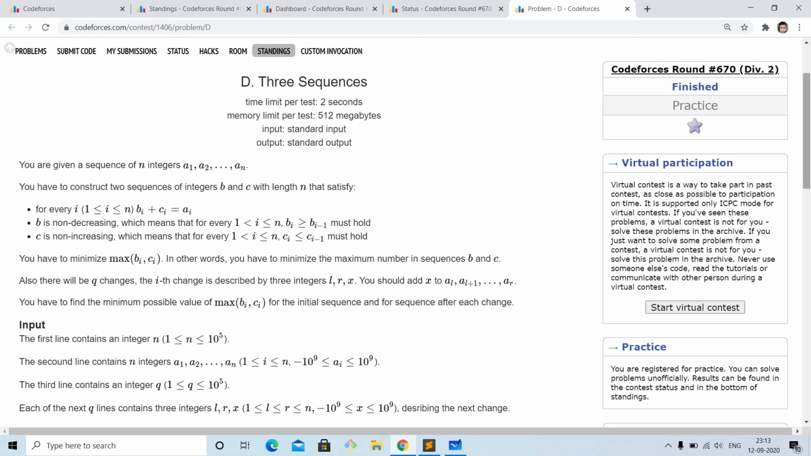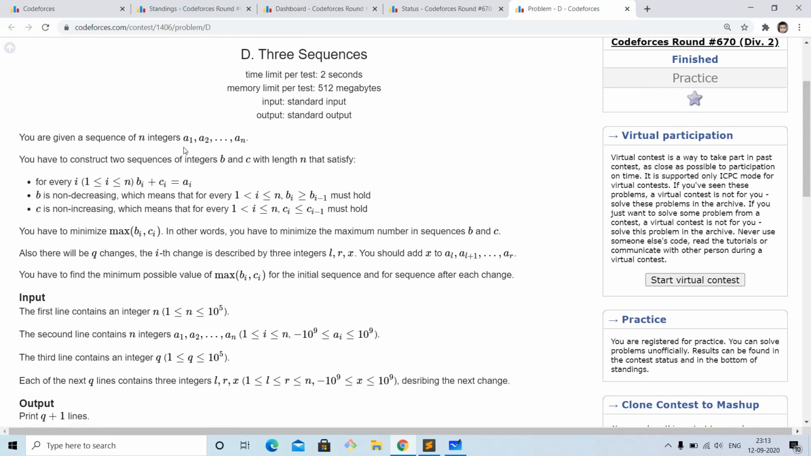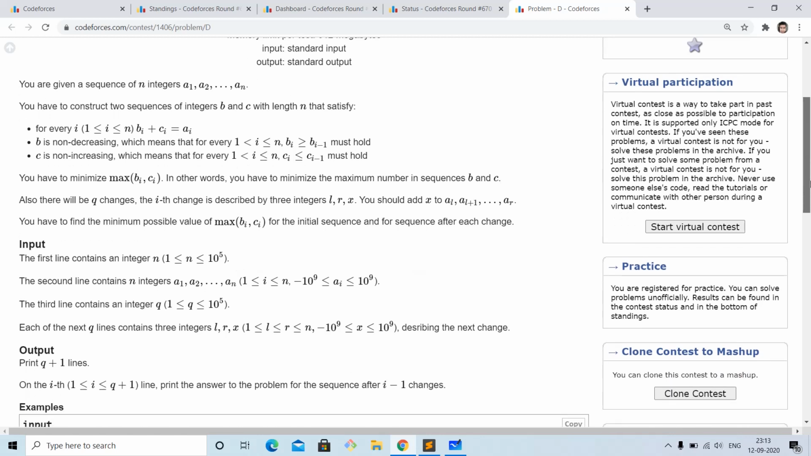Hello everyone. So today I will discuss this problem, Three Sequences, from Codeforces Round 670 Div 2. We are given a sequence of n integers and we have to construct two sequences such that the corresponding elements sum up to the original sequence's corresponding element, and also one sequence is non-decreasing and one is non-increasing. I hope you know the meaning of non-increasing and non-decreasing, and what we have to do, we have to minimize